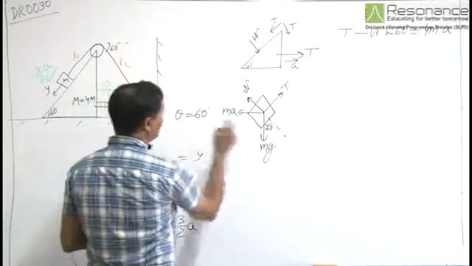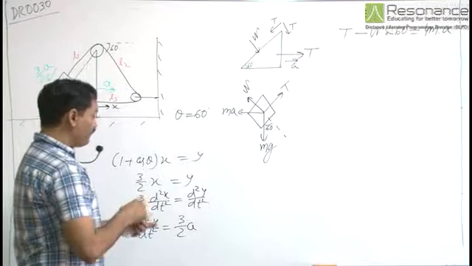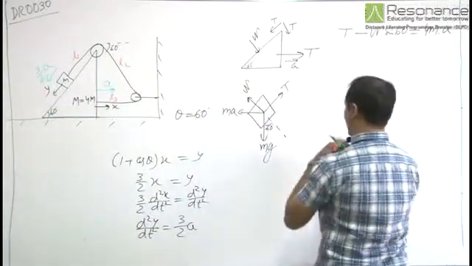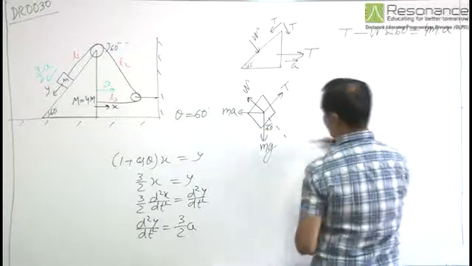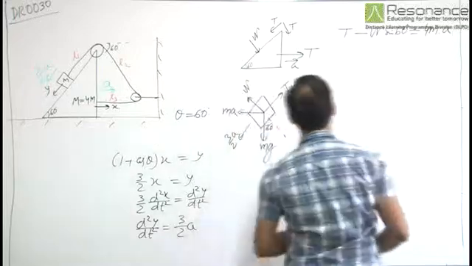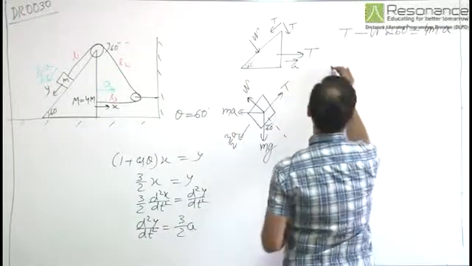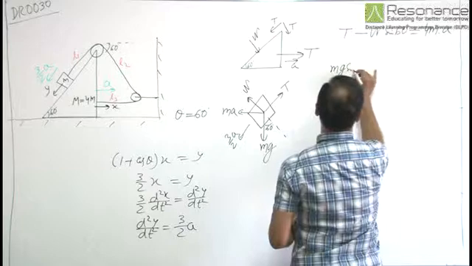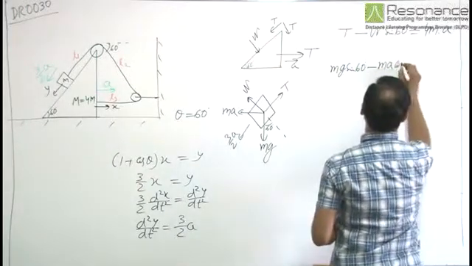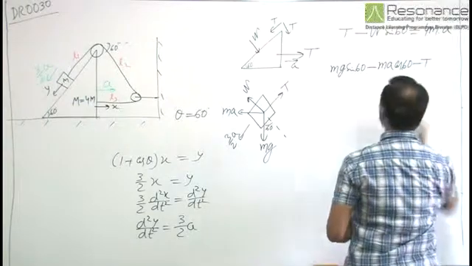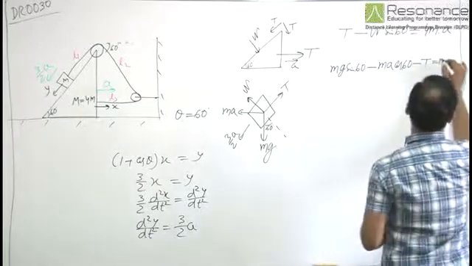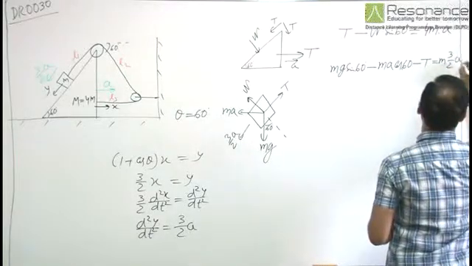So if we write the equation for the block along the incline, its acceleration as we found is 3 by 2 a. So, mg sine 60 minus ma cos 60 minus T is equal to m into 3 by 2 a,